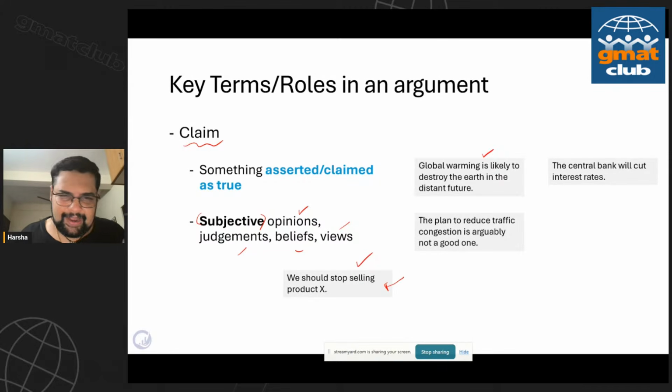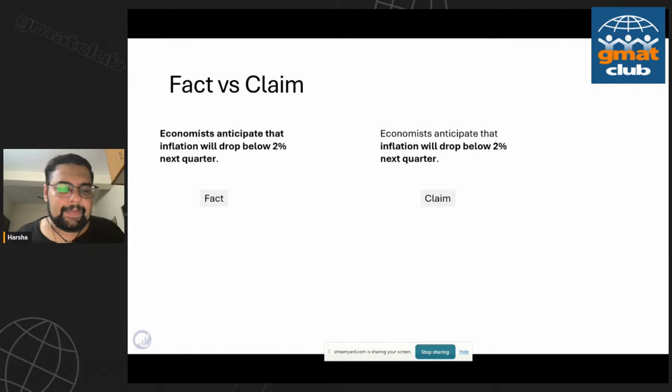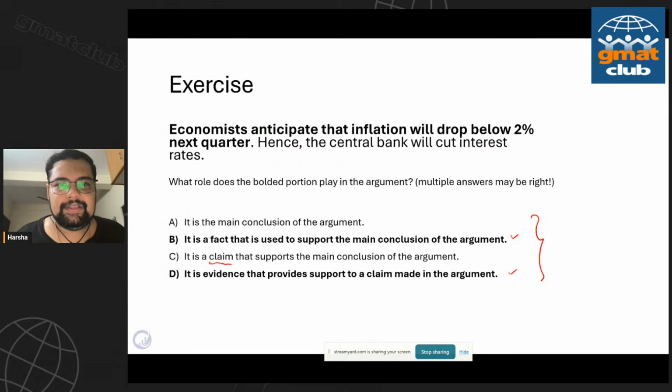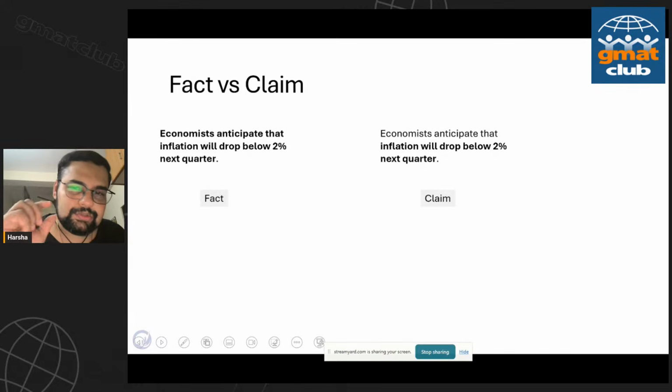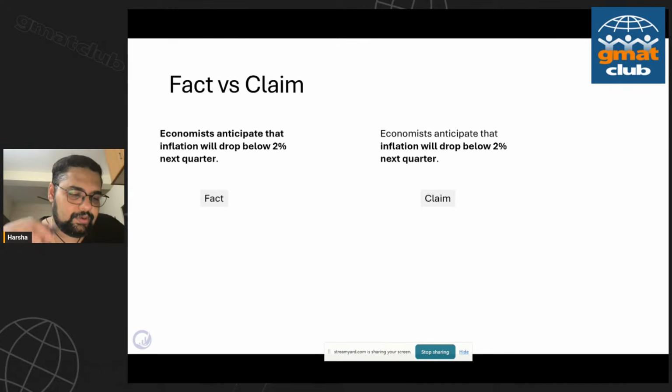So I hope claim and fact at some level is clear. If this is clear, now we can see why some of us went wrong with this particular aspect. So Jaiwal had a great question. Isn't it a speculation? Actually, there's a small trick I played here. You have to notice what I put in bold. If I go back to the question, the entire sentence is in bold. So the way you interpret also changes based on what's the bolded role. What is the bolded portion exactly? And therefore, what role does the bolded portion play? And some of us gave the answer B and D or B or D. You guys figured this out, right?